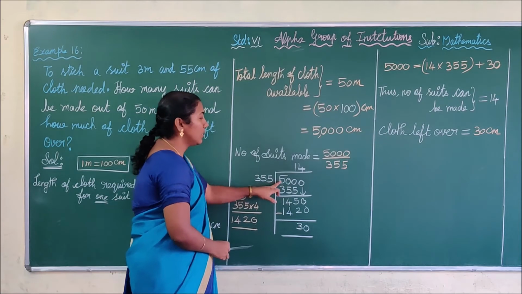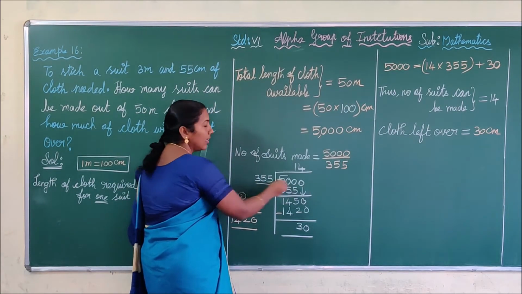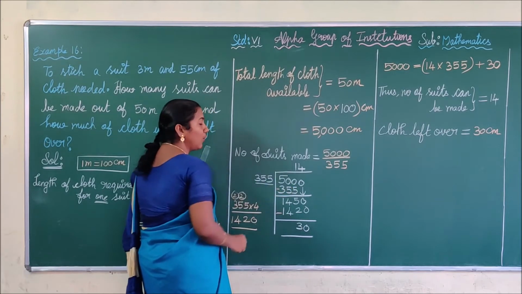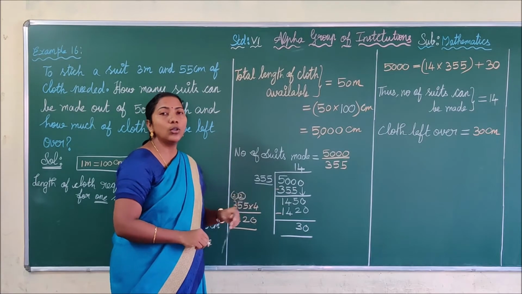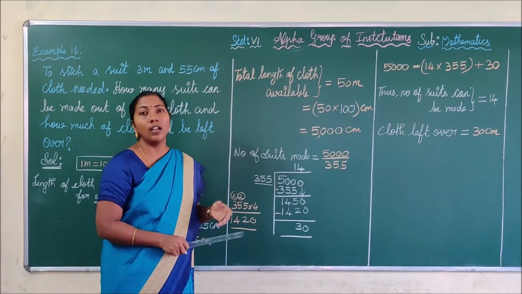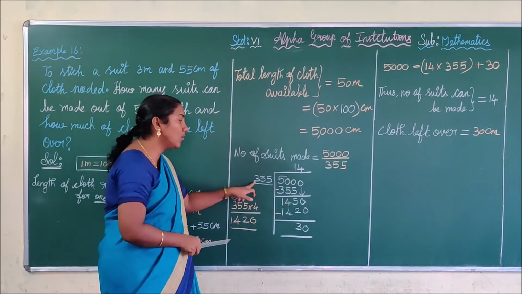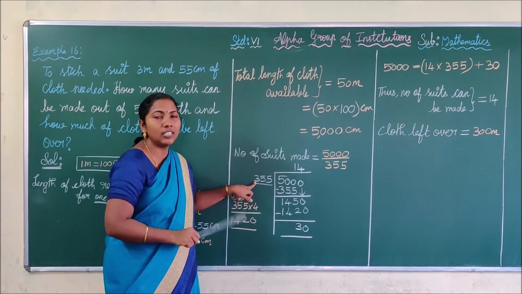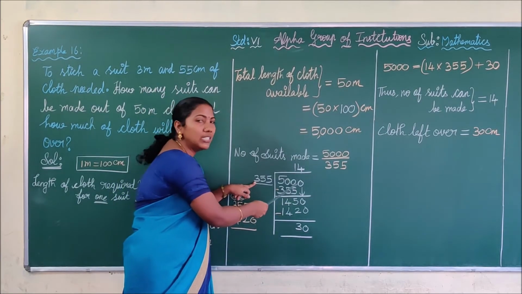See here. First we are writing 5000. This is called divisor and this is called dividend. Many of you have the confusion whether this is divider or divisor. Those who play, he is called player. Those who drive, he is called driver. Those who teach, he is called teacher. Those who divide, the number by which we divide is called the divisor. So this is called divisor and this is dividend.